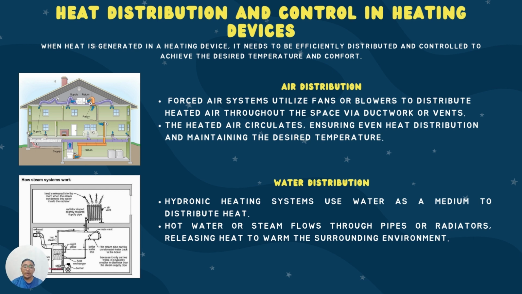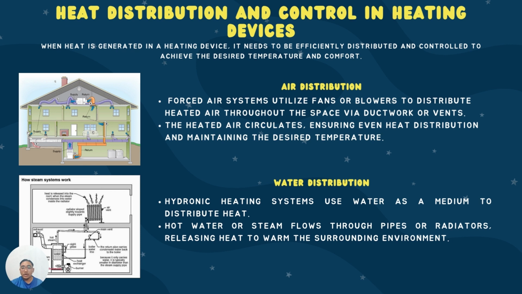So next is water distribution. Hydronic heating systems use water as a medium to distribute heat. How? A boiler or water heater heats the water, which is then circulated through a network of pipes or tubes. These pipes can be embedded in floors, walls or baseboards, or connected to a radiator or